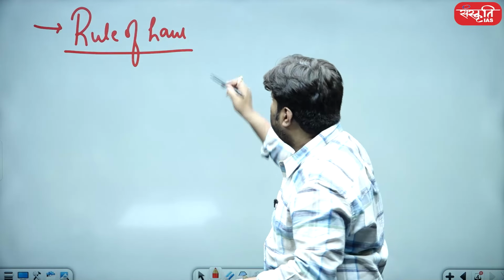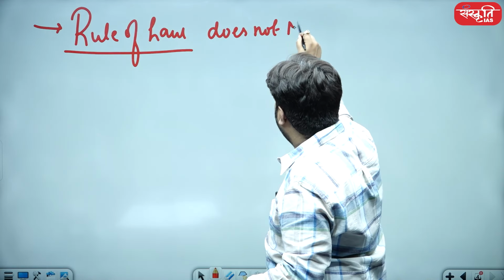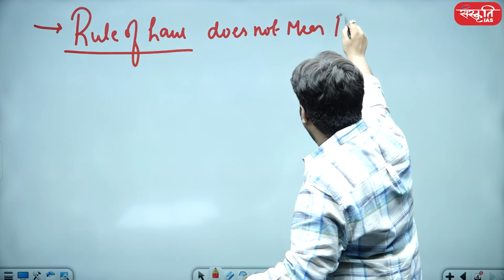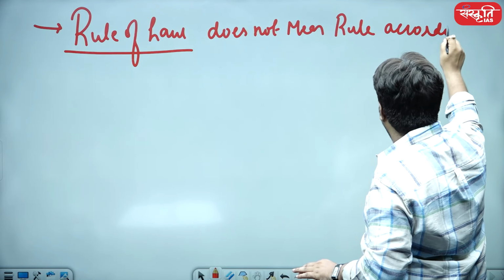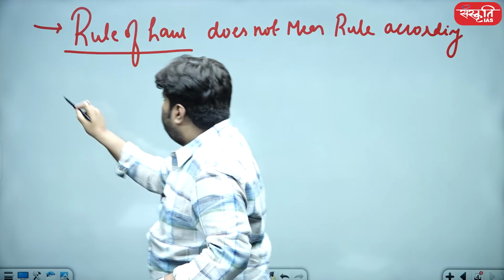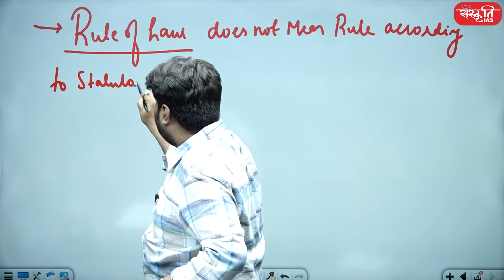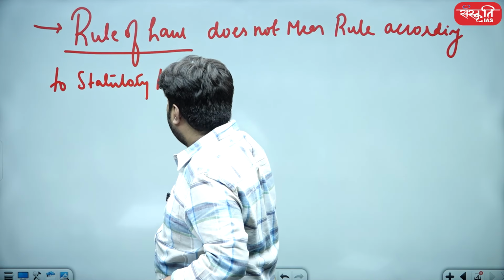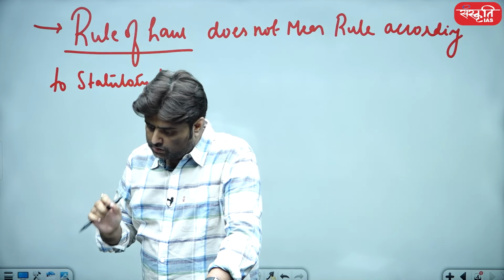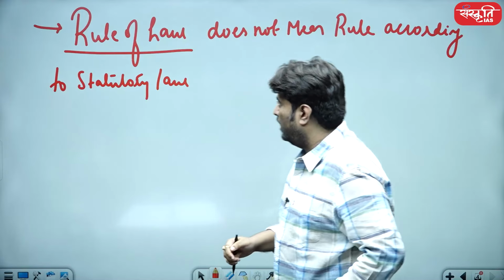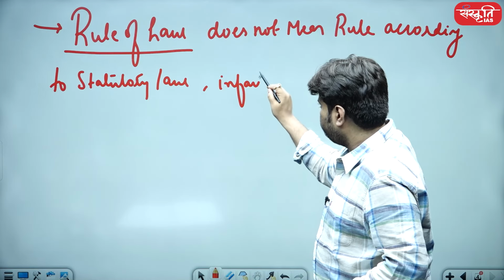So rule of law does not mean rule according to, please write this important line, rule according to statutory law. I hope you people are making your notes as I am writing it to you. Rule of law does not mean rule according to statutory law. In fact, it means